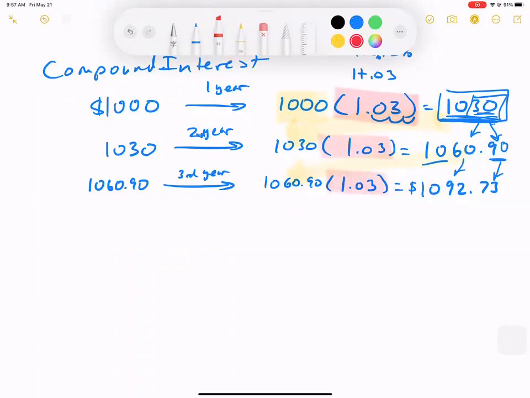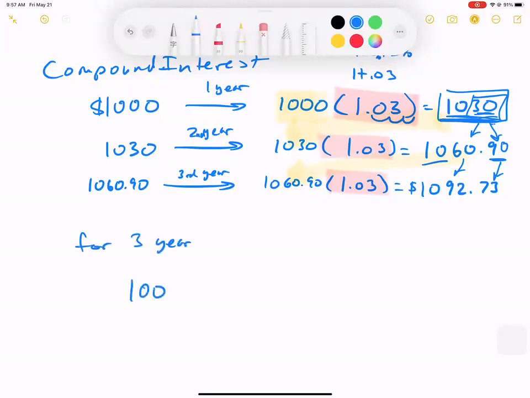So to get to 3 years, how many times do we multiply by 1.03? 3 times. And we want to talk about exponents here. Exponents is a fast way of multiplication. So instead, here is our overall rule. For 3 years,